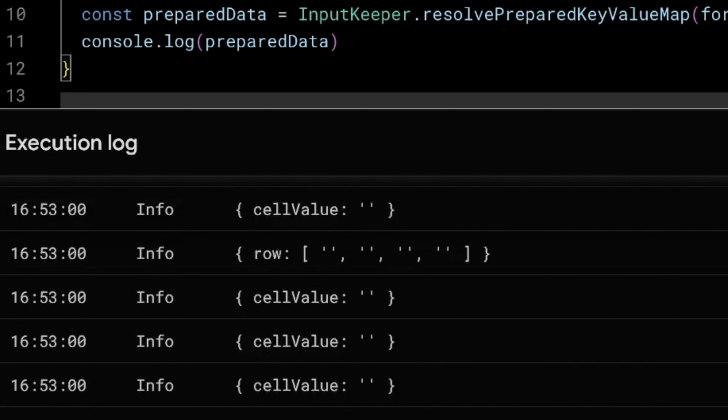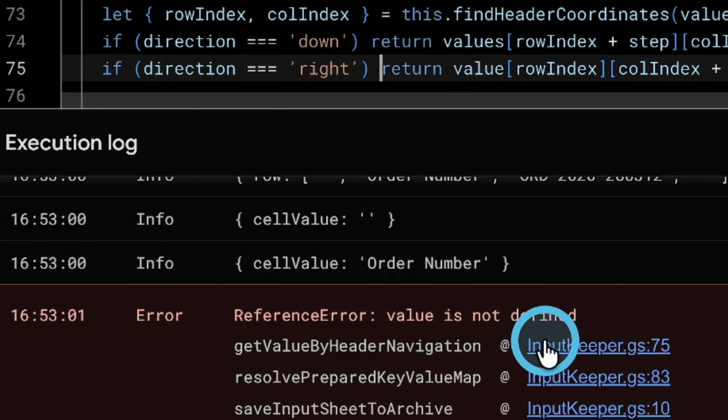There's one very common problem in Google Sheets. The moment you start writing code, everything works until something changes. You reorder columns, add a new field, or slightly adjust the structure, and your code breaks. And the worst part is that every single time you have to go back into the code and fix everything